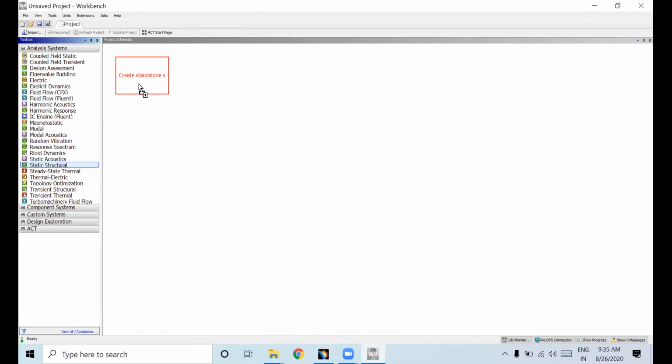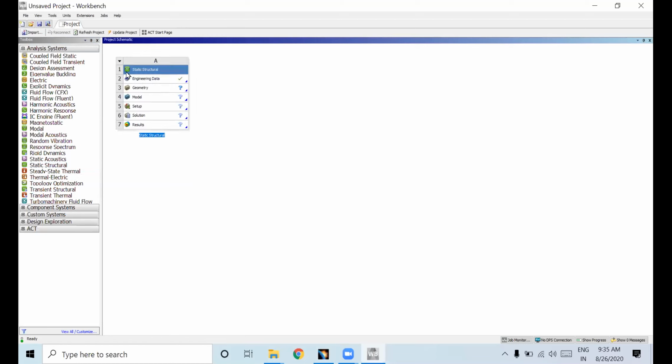I am dragging it and placing it. Here we have got static structural. Here you can rename it, for example connecting rod design 1. You just click on the particular thing, double click, and you can rename it.